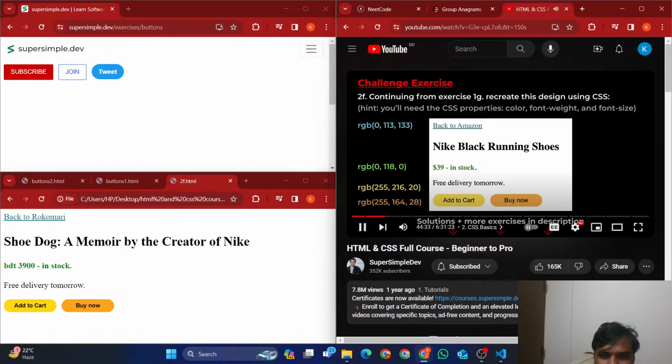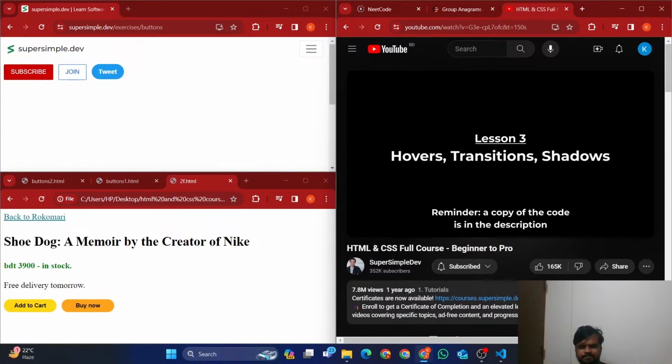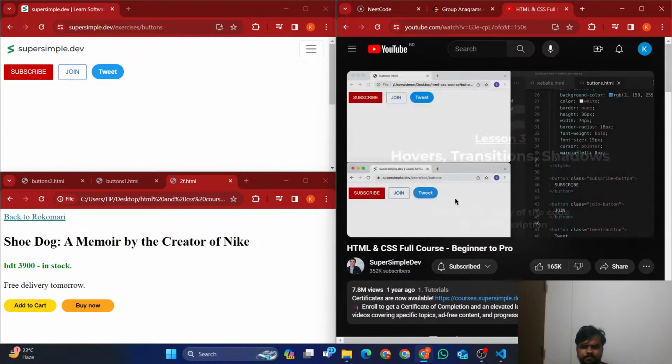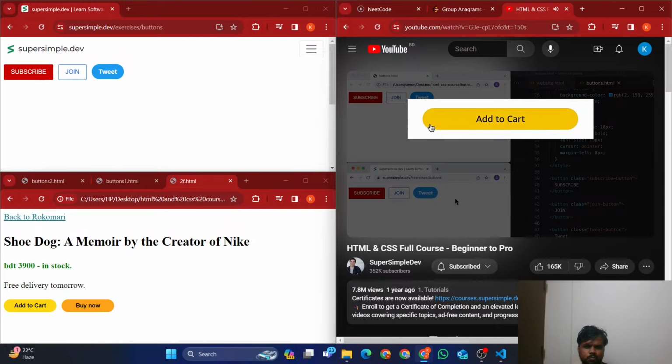And use CSS to copy the styles that you see. In this lesson, we're going to learn some intermediate CSS skills, such as how to create hovers, transitions, and shadows. For most buttons you see on the internet, if we hover over them with our mouse, they change their style slightly. Some of them get darker, some of them get